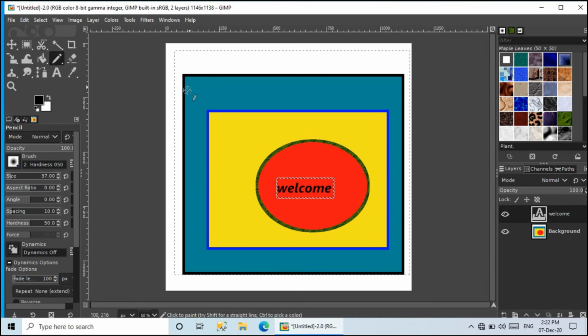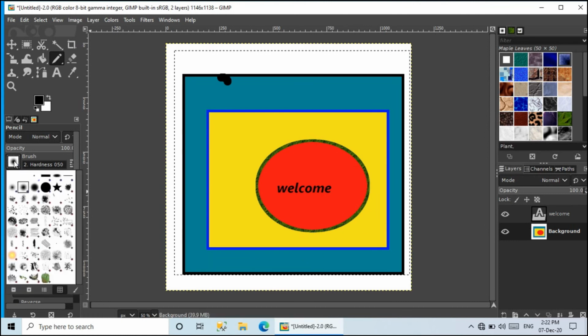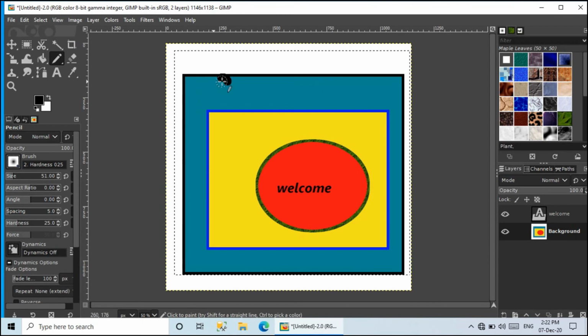So supposing I write here and I choose here background, because I am writing on the background part. Just now the size is too big and the brush size is also too thick. I can use a thinner one. Like this I am using. GIMP I am writing. You can use more thinner brush. Here you can change the size. You can write here with using this pencil tool also.